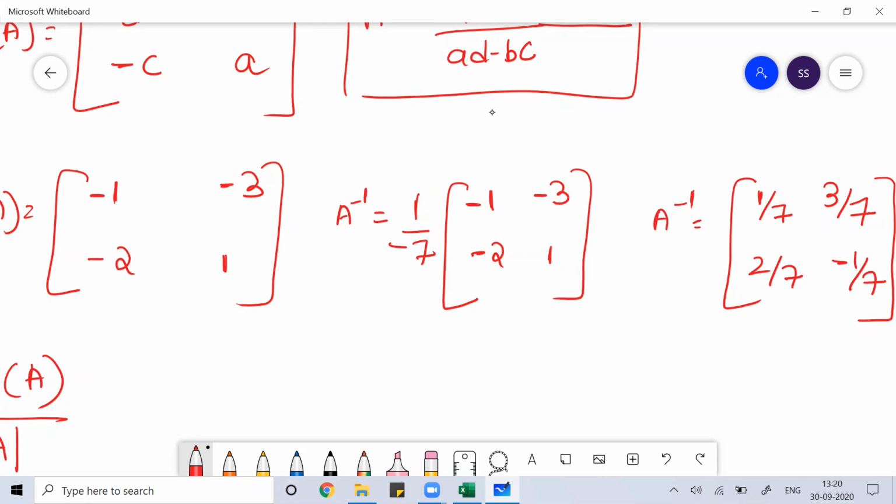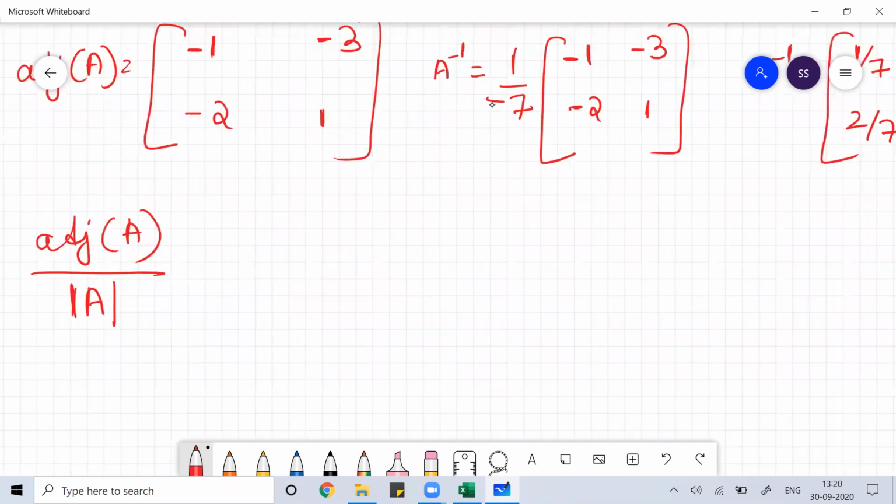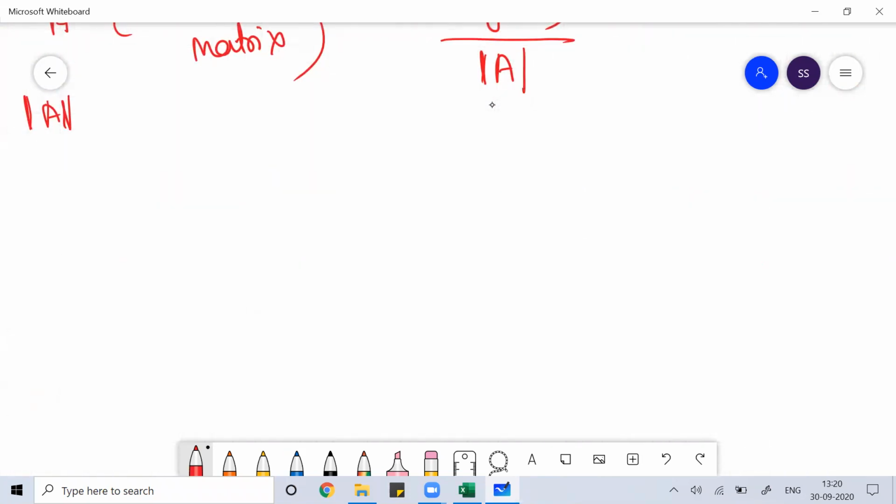Anyone having any doubt? Okay, I hope you are understanding this. So tell me,